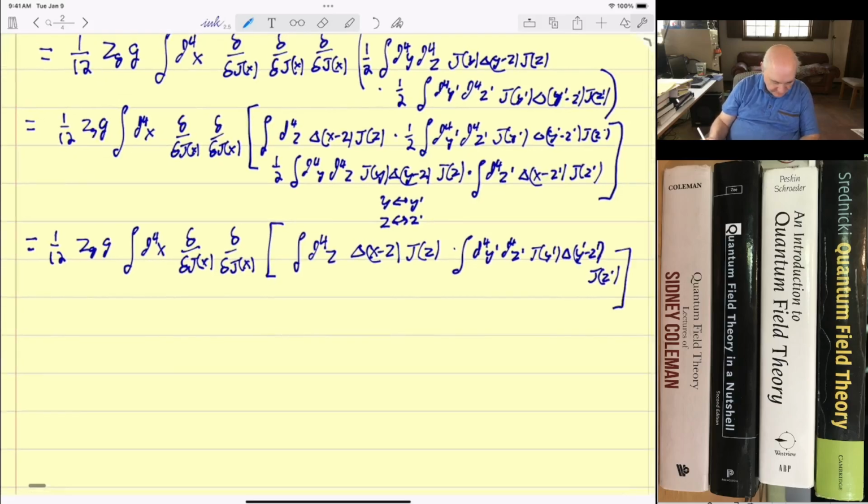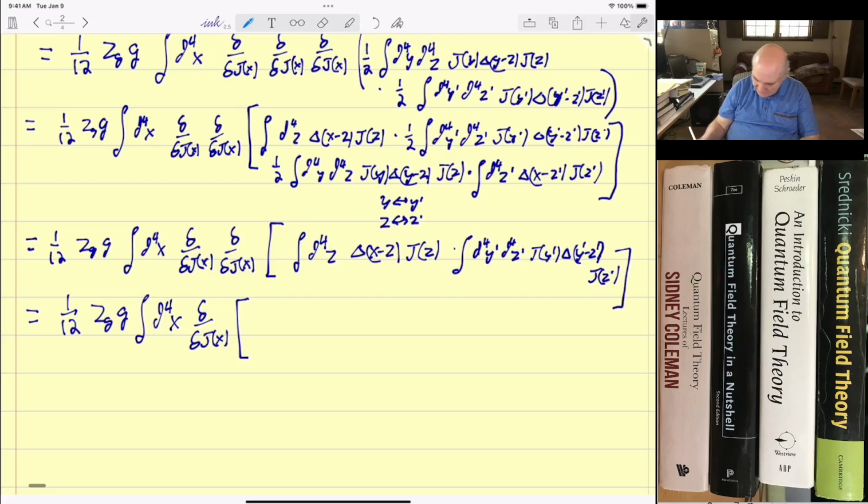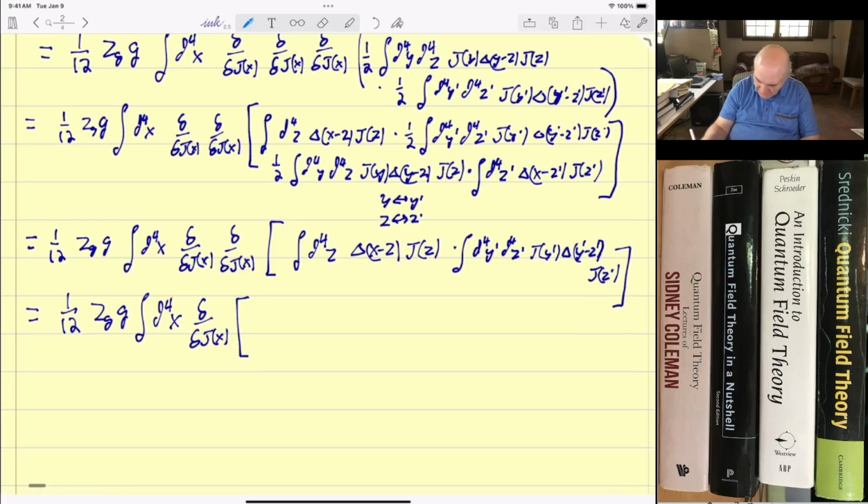So we've taken one derivative. Now we take one more derivative. 1/12 ZGG integral d4x del jx. Okay, so now it's the product rule. This time they're not the same. When we take the functional derivative of jz with respect to x, we get del x minus z, small del, Dirac delta, x minus z. We integrate over z, it sets z to x, so we get Feynman propagator x minus x. So that's just Feynman propagator 0